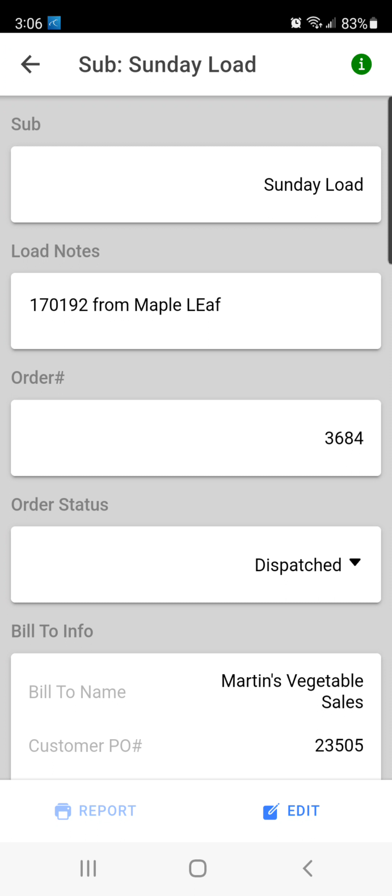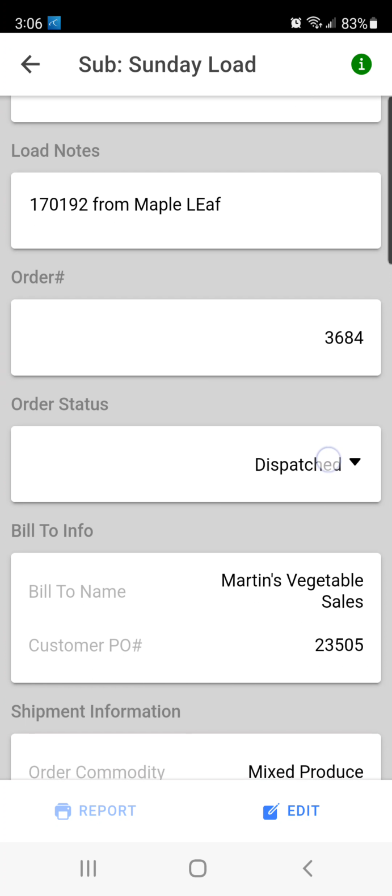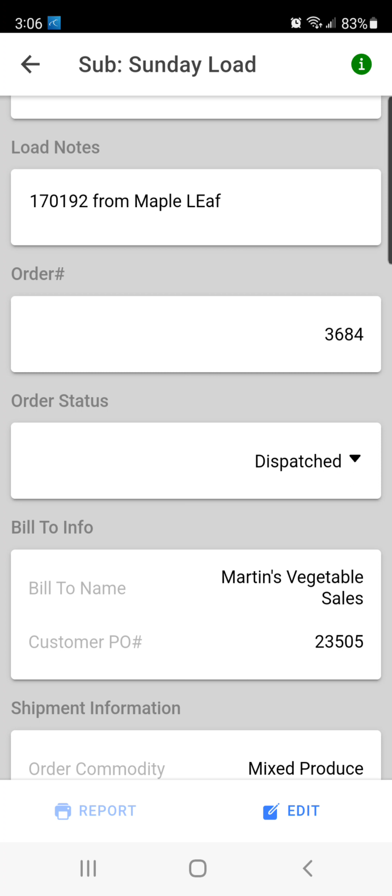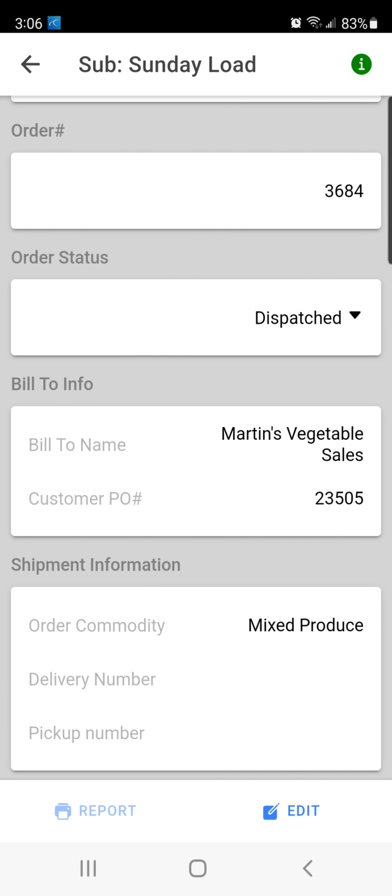So if we scroll down a little bit further, we're going to see that 1701.92 is our trailer number that we're going to use. Order number is our order number that we use for internal tracking. Now, I need to make note here of the order status. This is where you're going to have to do some work on your own. So if we hit edit down here in the bottom right-hand corner, we'll see that there's a green box around